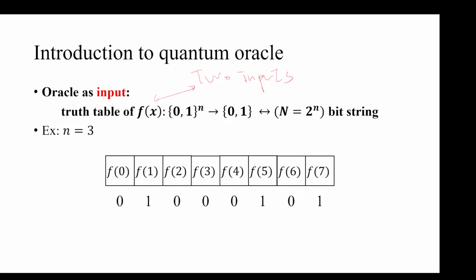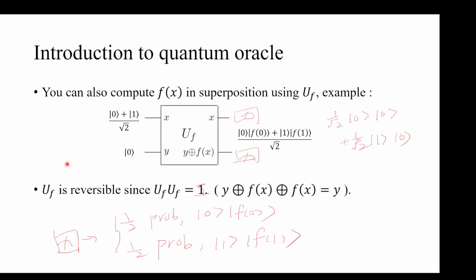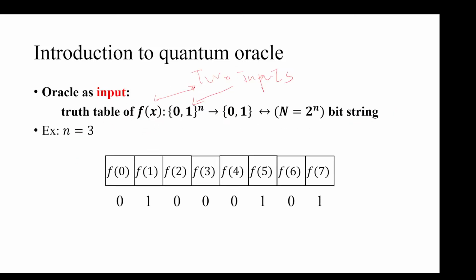Okay, so there are two things that we'll call inputs in our oracle discussion. The first input is the obvious one: we have a function f of x, and you have an input to this f of x. But another input is just this function f of x itself, because, as you will see in our example very soon, we are going to compute